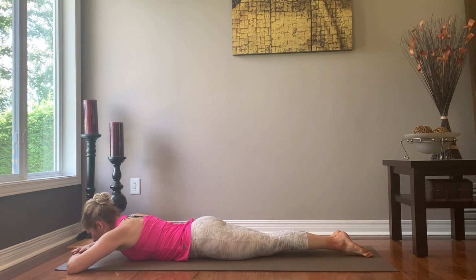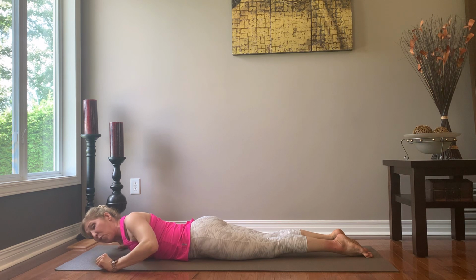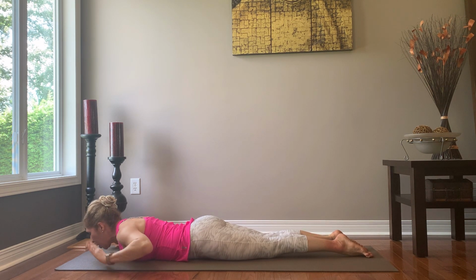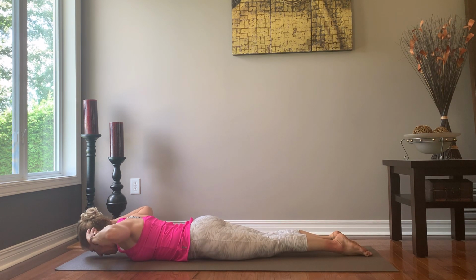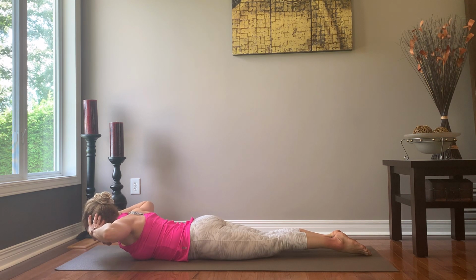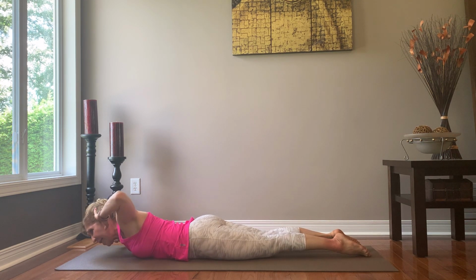So from here, we are going to bring the fingertips by the ears. If you're not in a prone position like this, you could do this from a kneeling position, keeping that spine aligned. Press through the tops of your feet here, tip of your nose to the mat, decompress the neck, take a breath in, lift the head as you exhale, twist to the right,